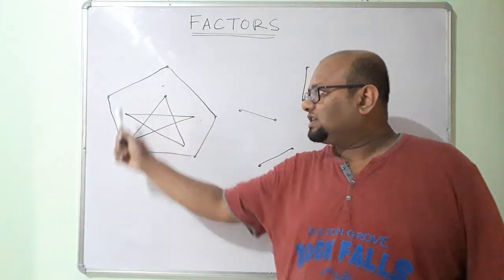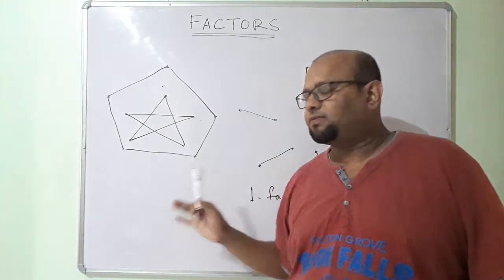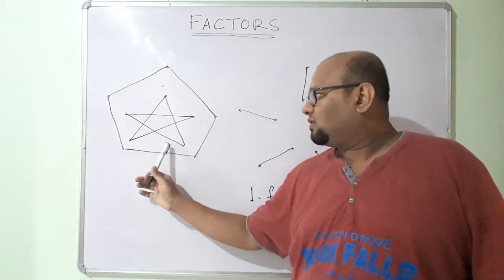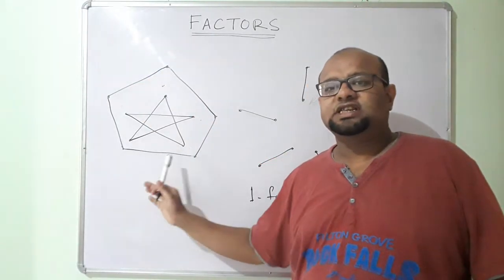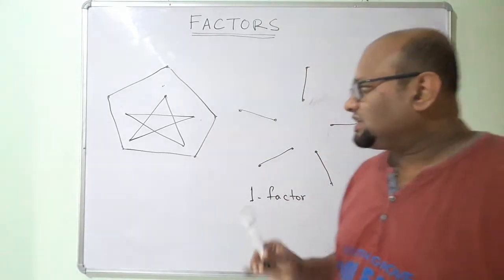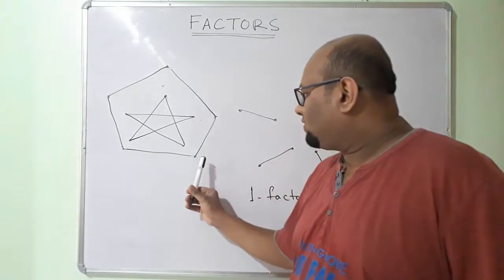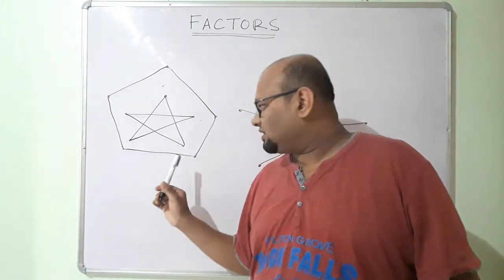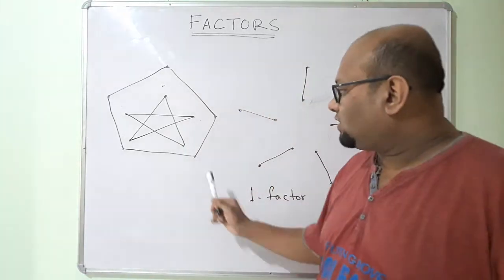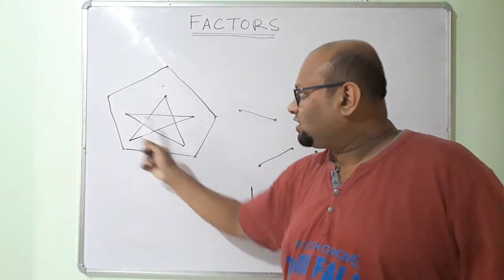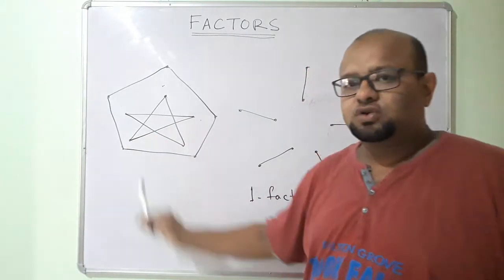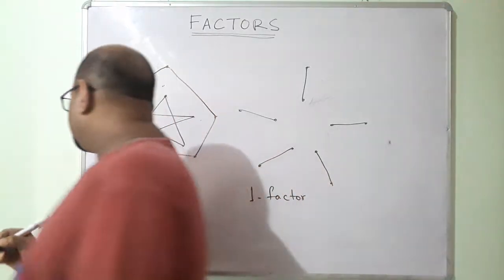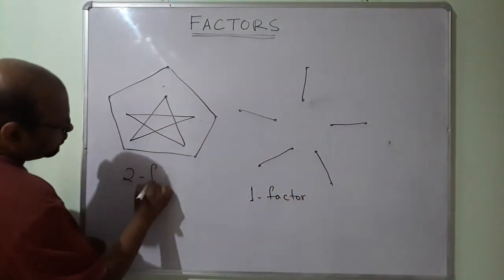In this subgraph, is it a spanning subgraph? So all the original vertices that were there in my original graph are still here. So this is a spanning subgraph. Fine. Now is this a regular spanning subgraph? We have already established that this is a spanning subgraph, right? So is it regular? Each of these vertices has a degree equal to 2. You can check. So this is regular, with degree k equal to 2. So this is a 2 factor.